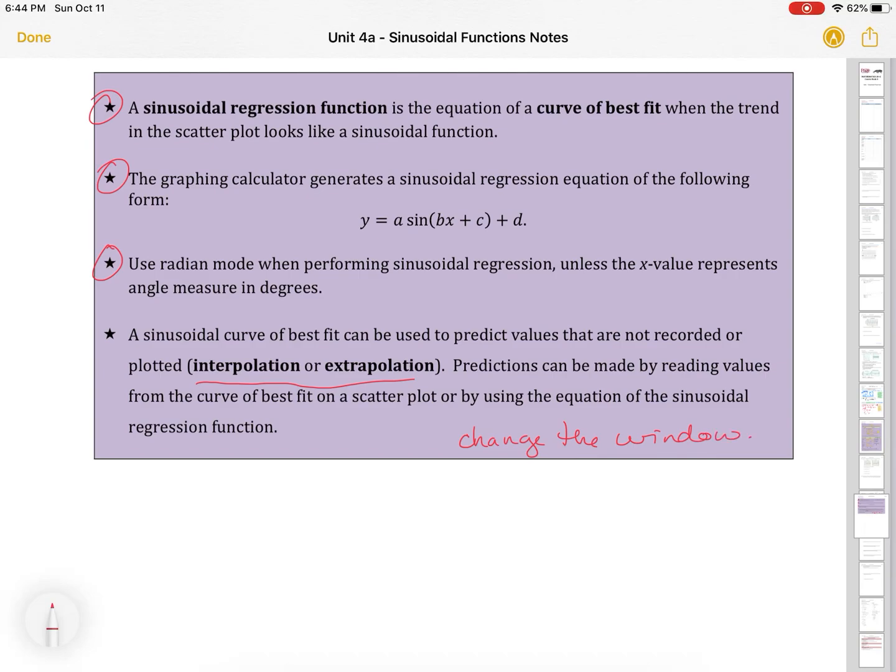And I'll tell you right now, with sinusoidal regressions, you're only going to need to change your x values. Because if it's sinusoidal and you've got the max and min of your curve, then the y values are not going to change. They're not going to get bigger or smaller. So you just need to extend your x values. Okay? So a lot of this is now applications and practice. We should be old hands at this because we've done so many regressions. And now you can take the time